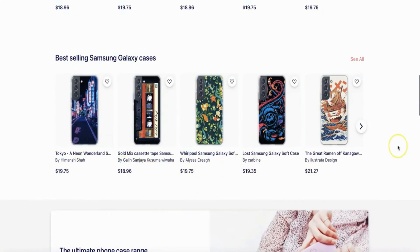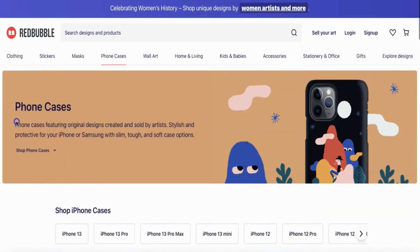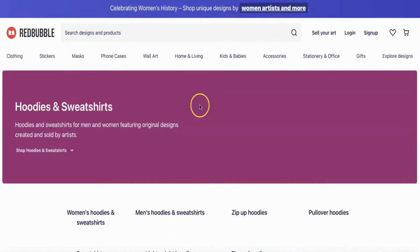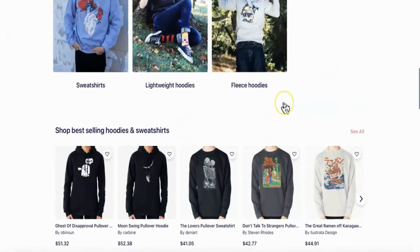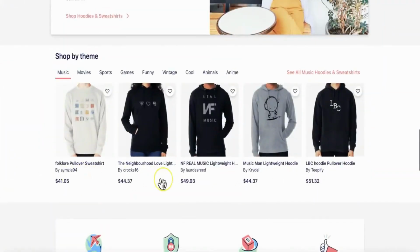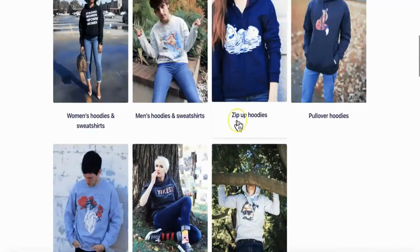Let's take a look at another item. Just go to clothing and then hoodies and sweatshirts, and when scrolling down a bit you can see all these different designs on hoodies and also how much the sellers are charging for them. This is from $30 to $50. Right then, now you can look around on Redbubble yourself to get design ideas and see how much to charge